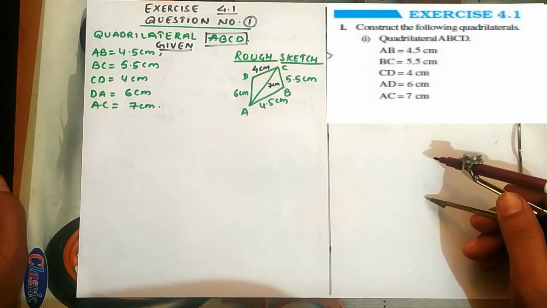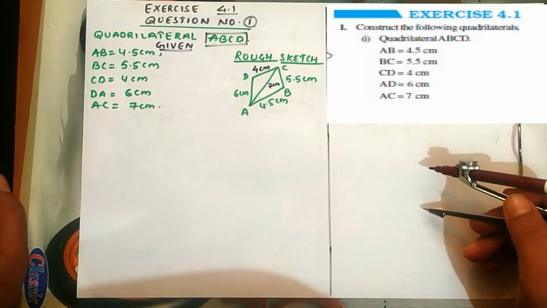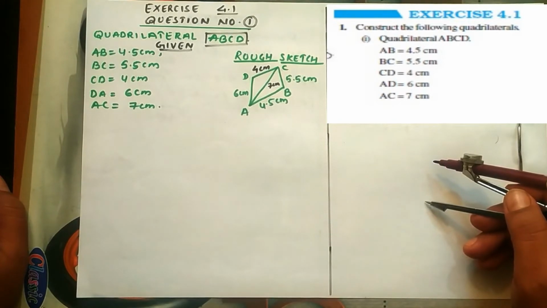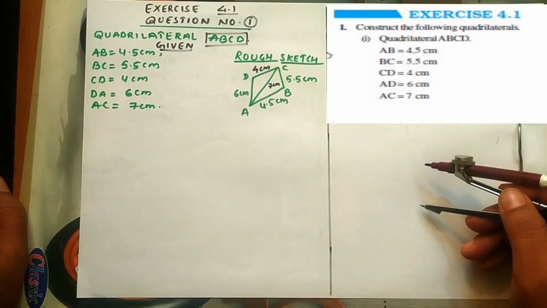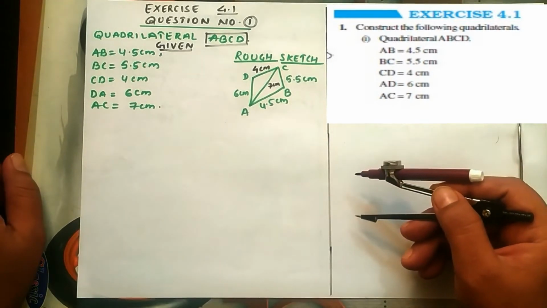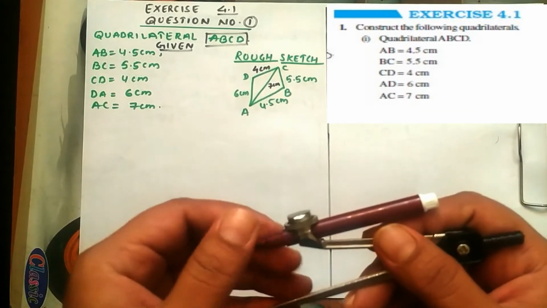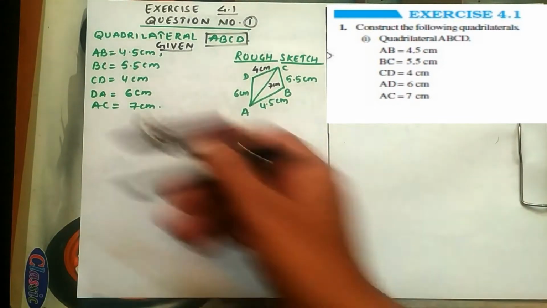Hello students, today I am going to explain practical geometry from NCERT exercise 4.1. This will help you to watch the video again and again. Most of the students face problems while doing questions in class because they do not have a recap of it. With the help of this YouTube video you will not have any problem when you watch it again and again. Watch all these steps, and you will get to know how to construct the given quadrilaterals.